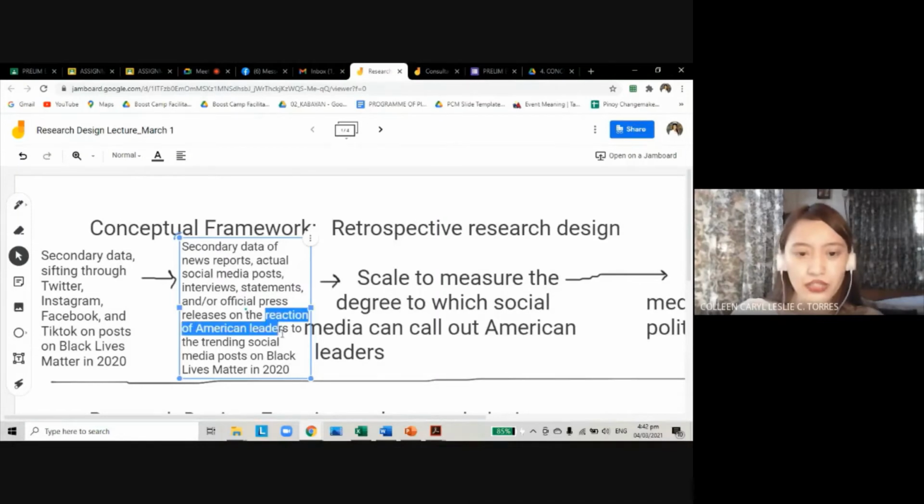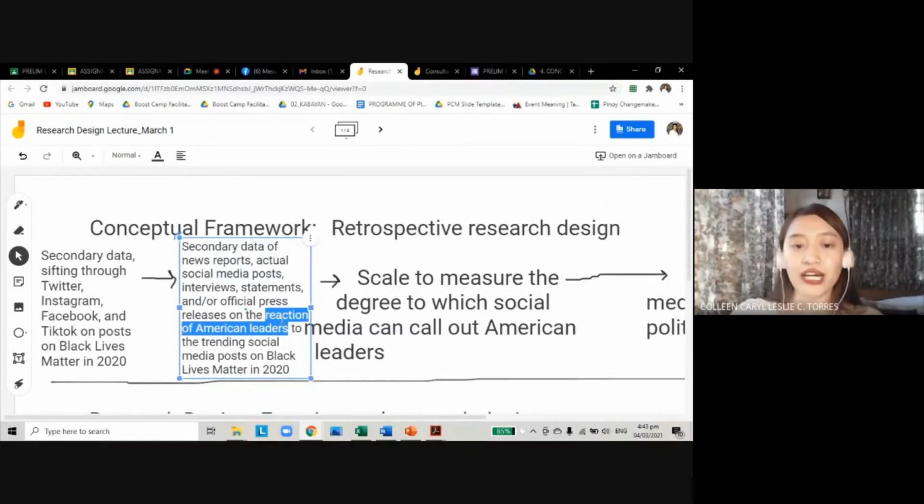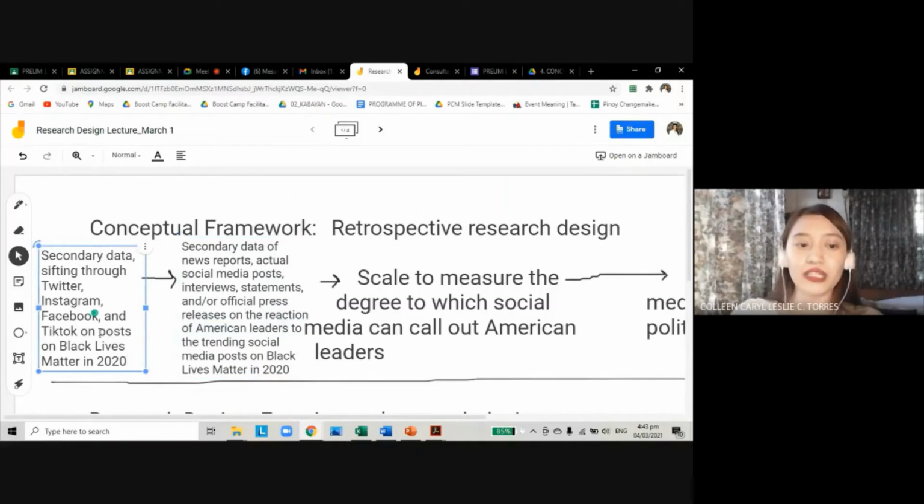So ni siya ang dependent variable. Nganong mao man ni siyang dependent variable? Simple ra man ang independent ug dependent variable nga concepts. Ang independent variable ang ga-cause sa unsay gina-study. So ang cause sa politicians' actions is the social media nga posts, and then ang effect dayon niya is nag-act ang politician. That's why ni ang dependent variable, ga-depende ang action sa politician sa social media nga post sa